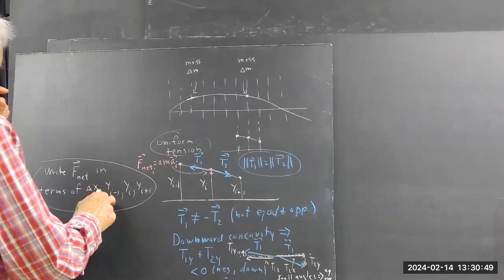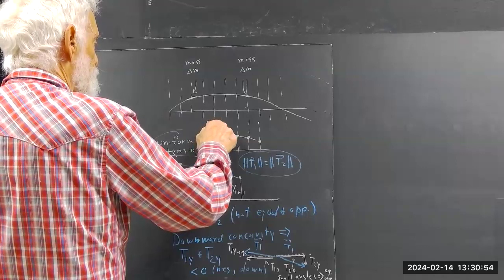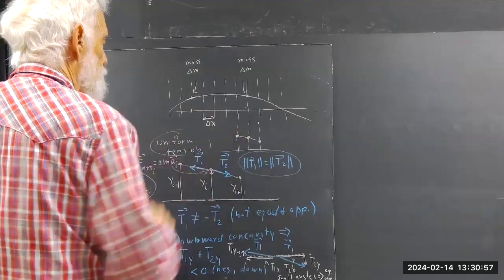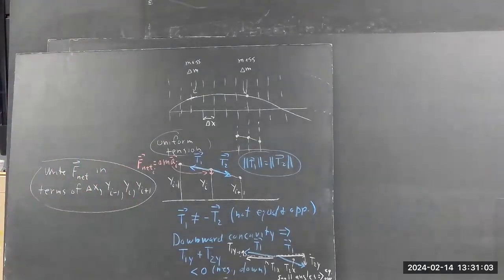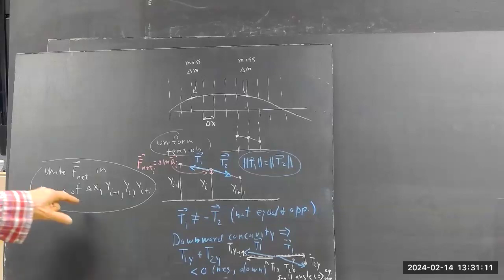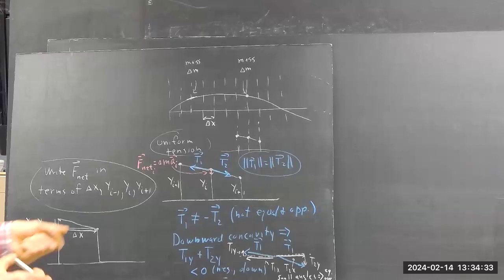In terms of delta x, y I minus 1, yi, and yi plus 1 are now... delta x is the obvious. It's the distance between our, the width of our partitions, okay? That's okay, so can we write this in terms of these quantities? Okay, now I've seen some good stuff being written down. Maybe using some sines and cosines and stuff like that. Turns out that's unnecessary, but it's pretty natural to do that.